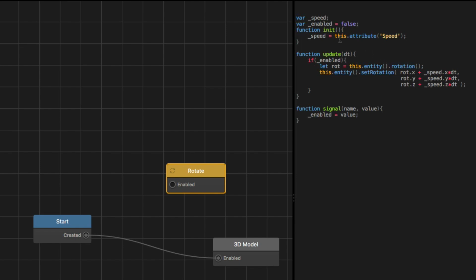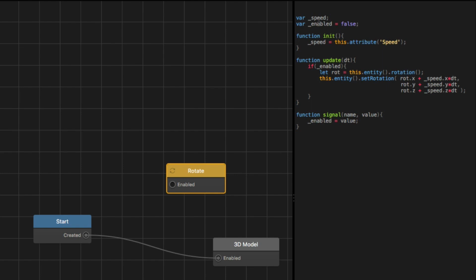First, I want to briefly go over some of the code that you're looking at right now. You can see up here at the top that we've got a couple variables, speed and enabled, which is a boolean, which is either true or false, and we have a couple functions here. All three of these functions need to be in every single node. The init function is triggered the second that the node is used. The update function is triggered 60 times per second, so you really don't want to do too much heavy lifting